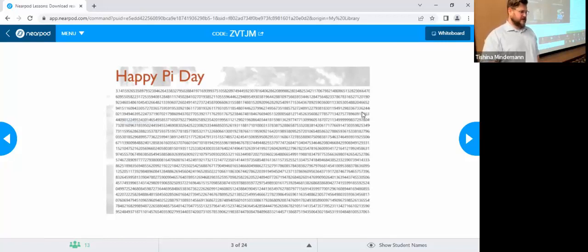Tish, do you remember what pi is again? It's the ratio of the diameter of a circle to the number of times it. It's 22 sevenths. Does anybody in the chat or in the meeting know? I think it's the number of times that the diameter of a circle goes into its circumference.